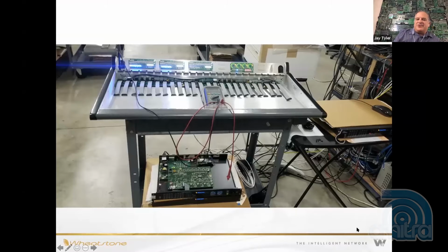This is how a console starts. The metal and all the components come into one area. And so this is an LXE console that's actually being assembled from all the parts that we manufacture throughout the